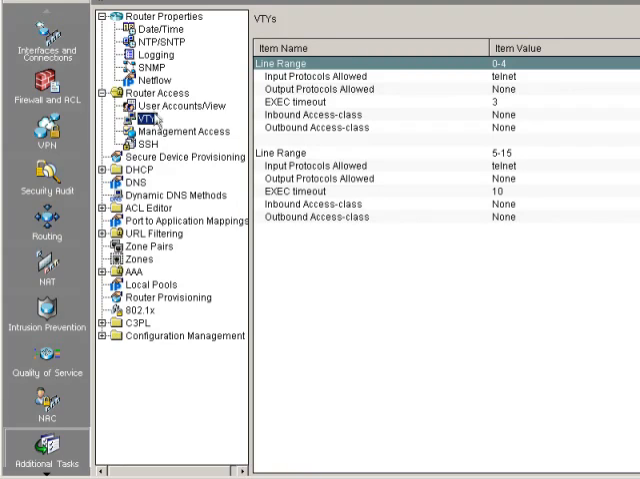So under VTY here in the same area, we can see 0 through 4 and 5 through 15. We're going to make